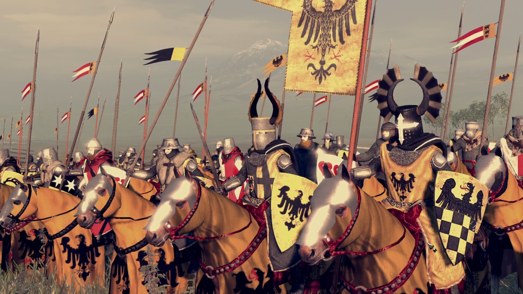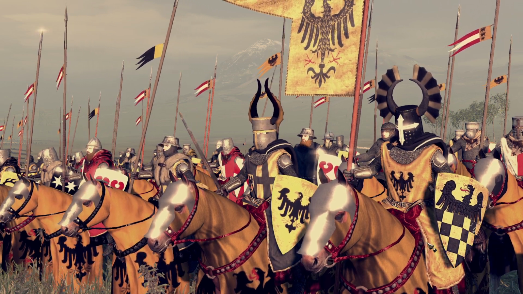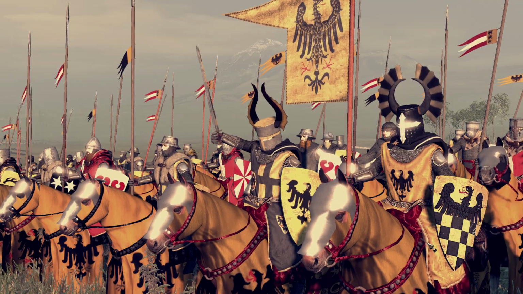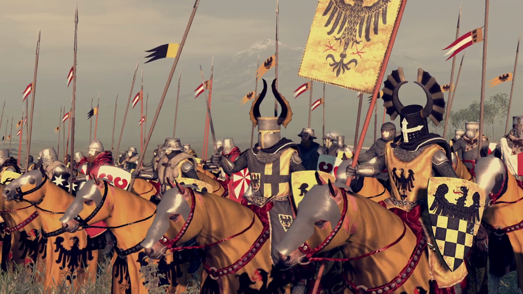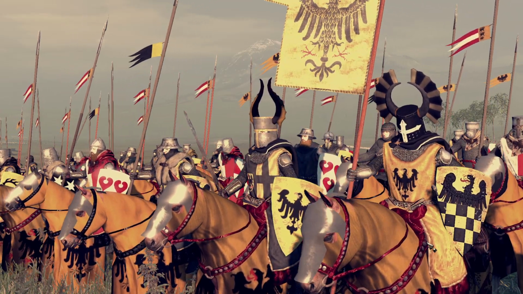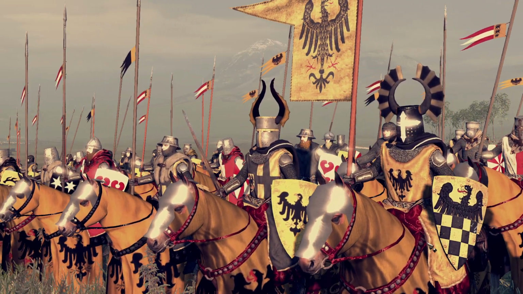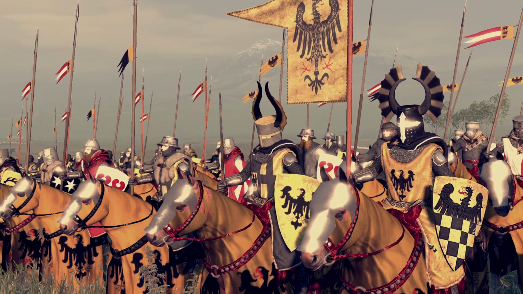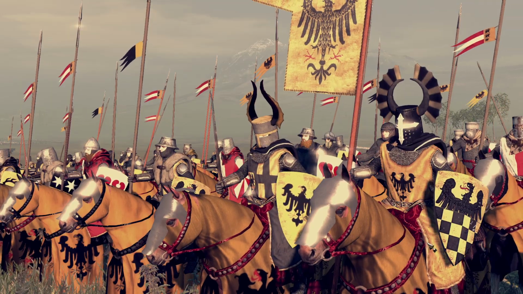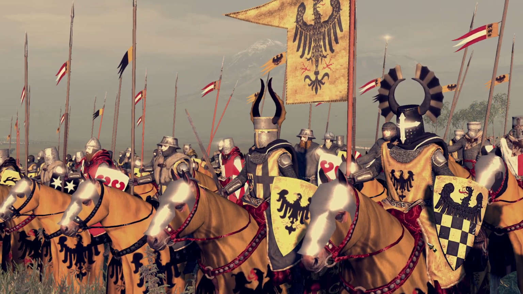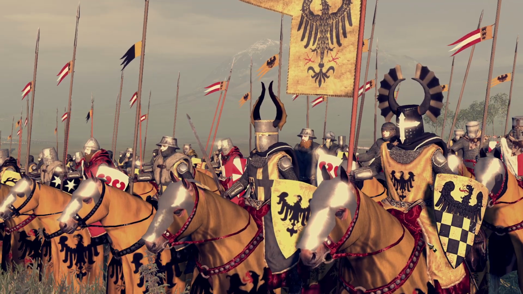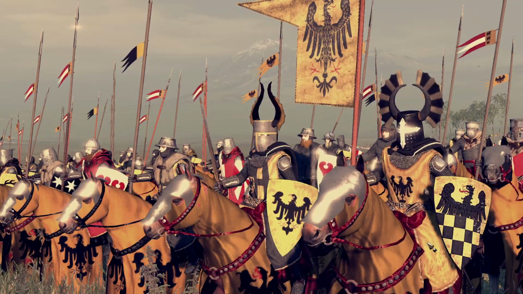The Holy Roman Empire has brought its armies to Italy to intervene in the war of the Guelphs and the Ghibellines. The year is 1249, and King Enzio leads an army of Holy Roman Empire troops and militia from Cremona and Modena against the Lombard League and the armies of Bologna. The Battle of Fossalta is about to begin.